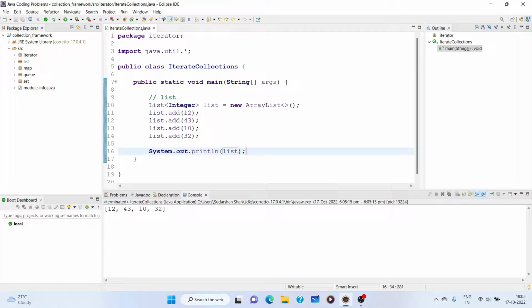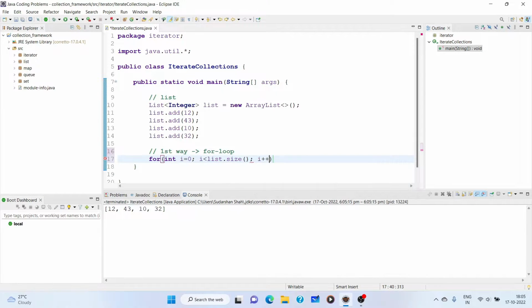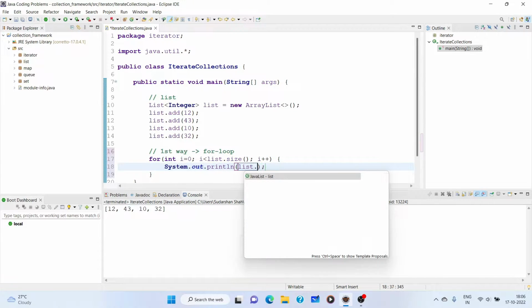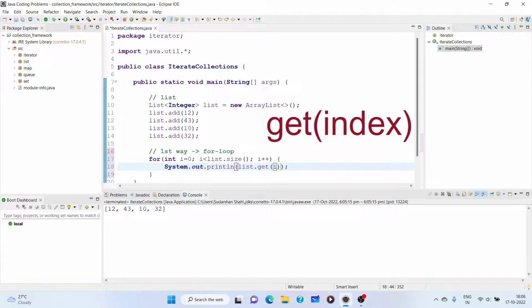So let's discuss one by one how to do that. The first way is our traditional for loop. As you know, we have to use an index variable i equal to 0, i less than list.size(), i plus plus, and just sysout list.get(i). Now the get method is a